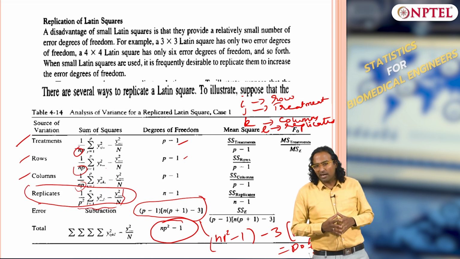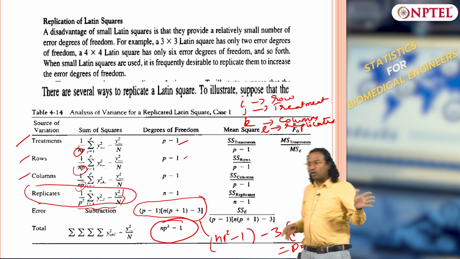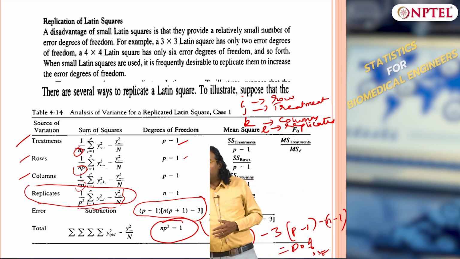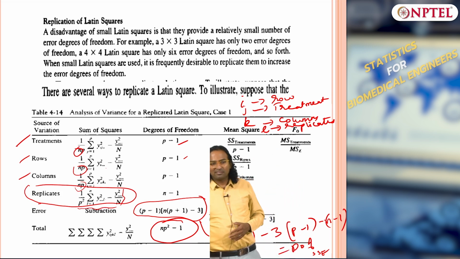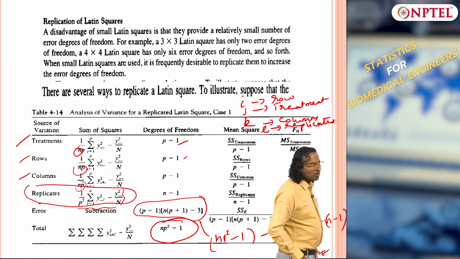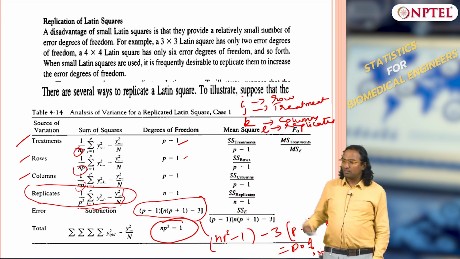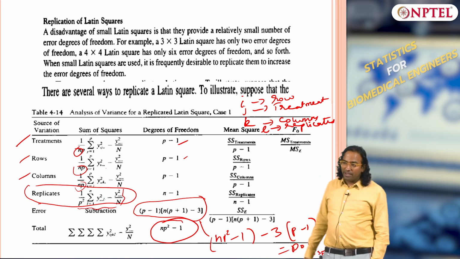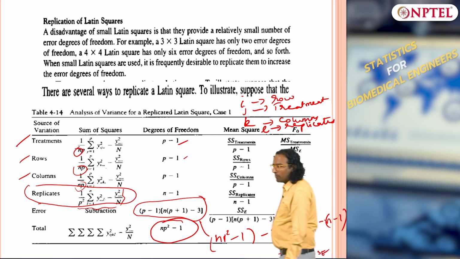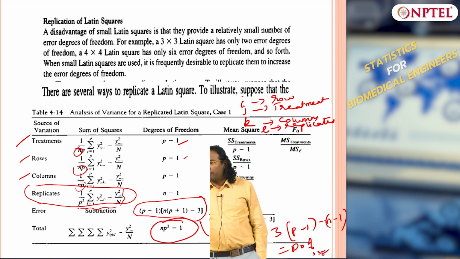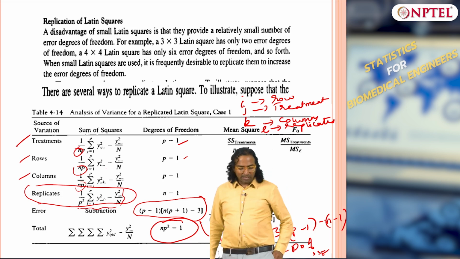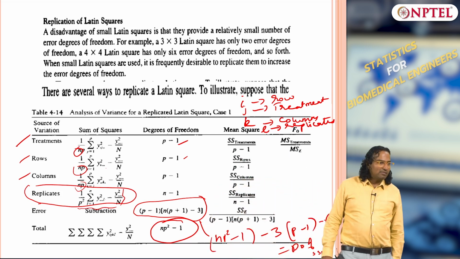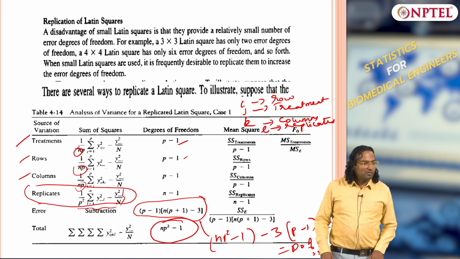This formula, if you look at it, is exactly the same as in your ANOVA and RCBD. So now you have to start relating. Look at ANOVA RCBD, how you derived it; it will be the same way, just that the indices have increased. Now we are talking about rows, columns, replicates and treatments. For replicates you do not do NP; in one replicate you have only p squared data points. So the total number of data points is p squared in a replicate. Clear? Any questions so far?